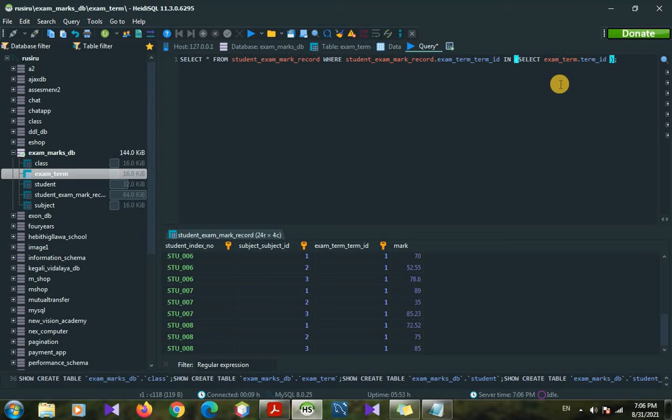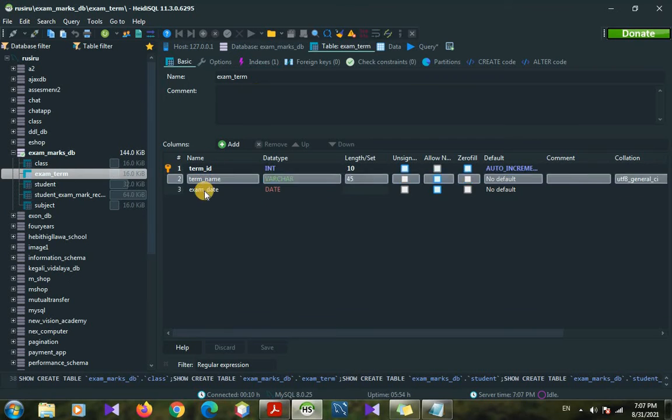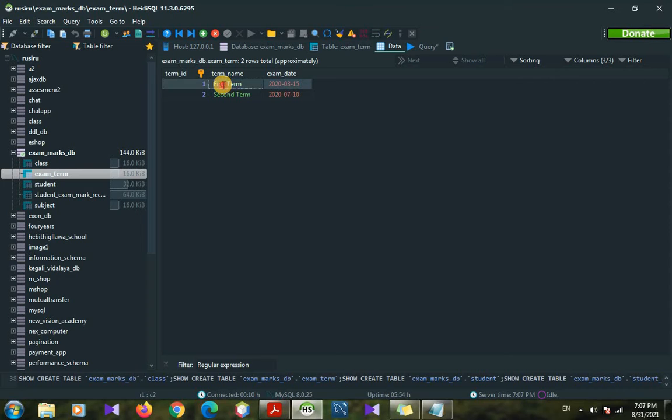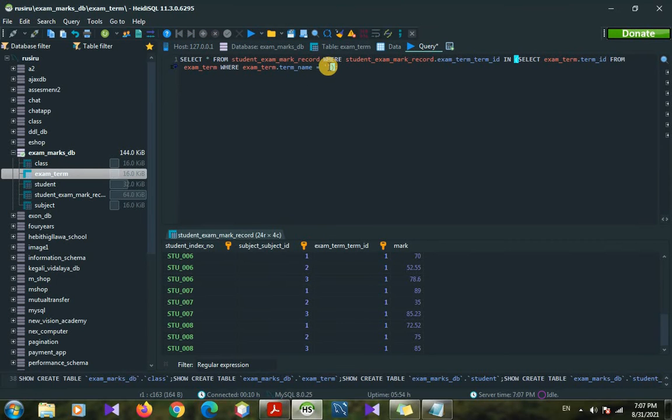Then we set from the exam term table with a where clause, where exam term table dot term name equal. We go to the table view, copy this column name and paste it here, then there will be no errors. Inside the equal mark, inside quotes, we go to the data tab, take the first term and paste it here.